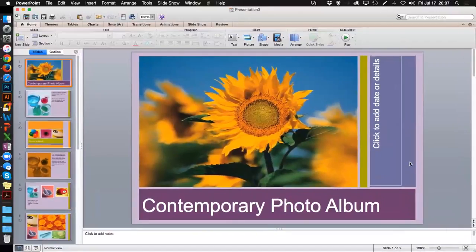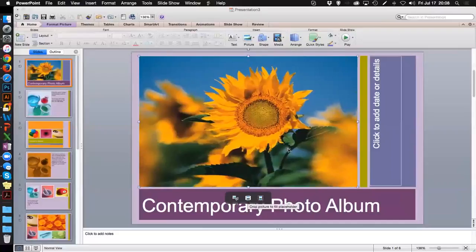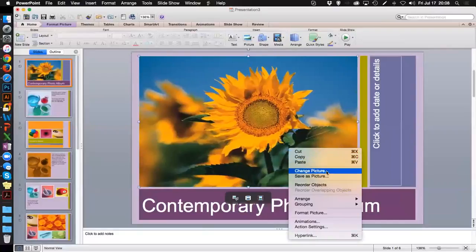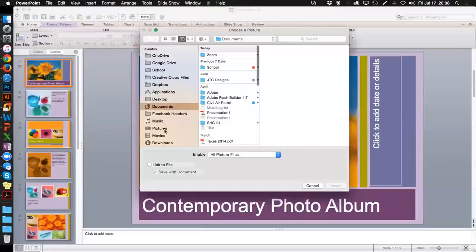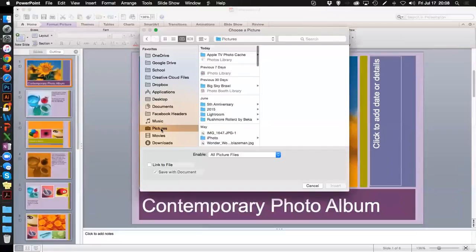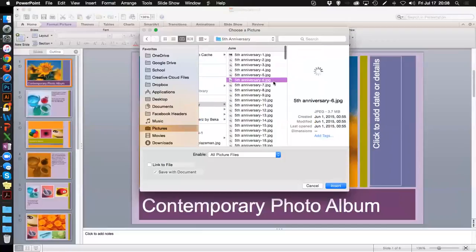We have changed our colors up a bit from the original template, and at this point is where we would go in and right click and add our own pictures. If we right click on it, we can change the picture, and it's going to bring up our menu here. So I can go into my pictures and pull up anything